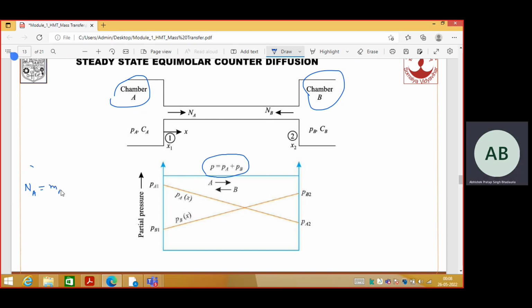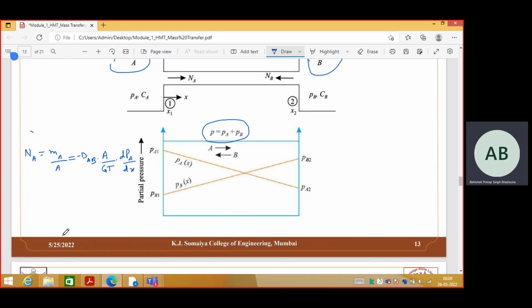That is equal to Ma divided by A, and we can write the equation with the help of Fick's law of diffusion. At the last we had derived this Fick's law of diffusion, dPa divided by dx. In a similar fashion, we can write the expression for Nb also, where Pa and Pb represent the partial pressure. I will write this here, B divided by A, so we can write minus